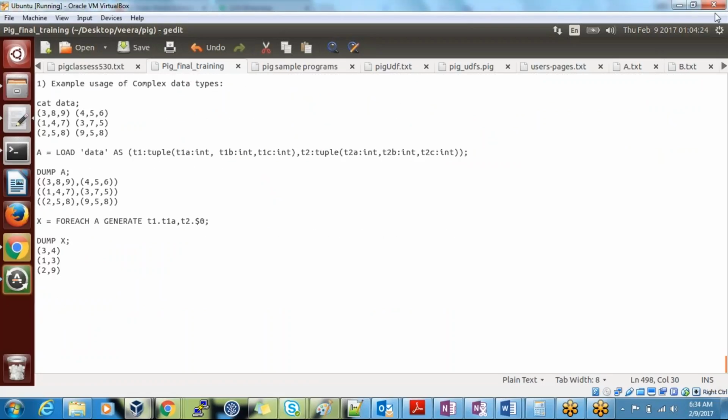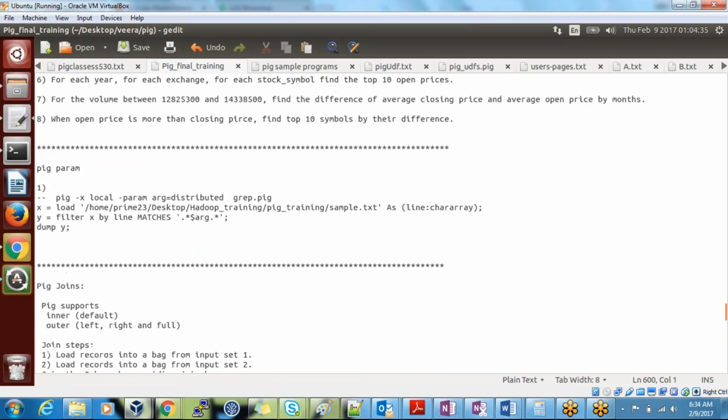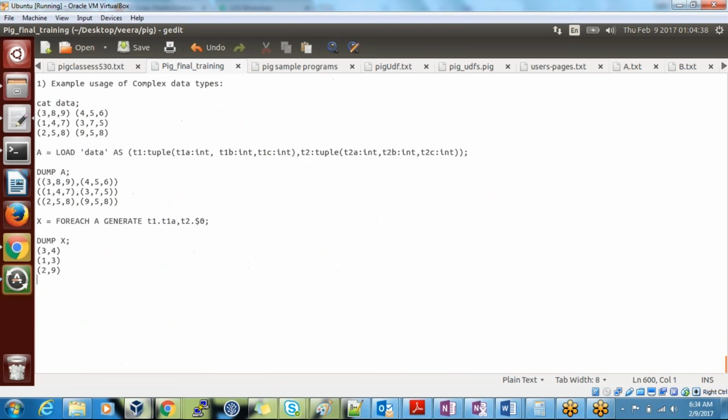Okay, understand, guys? Ravi, this text file is shared in the GitHub? No, I'll share this one. I'll send it to each and every one, so please remind me. You guys need to execute all these examples. Then only you'll understand.